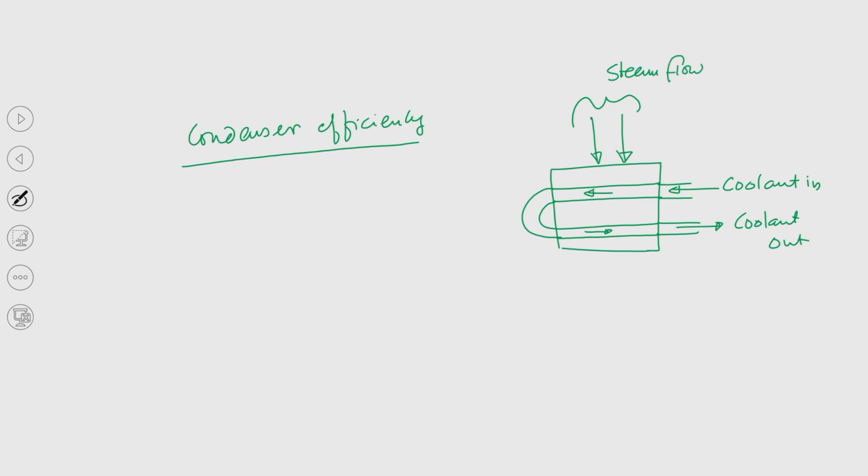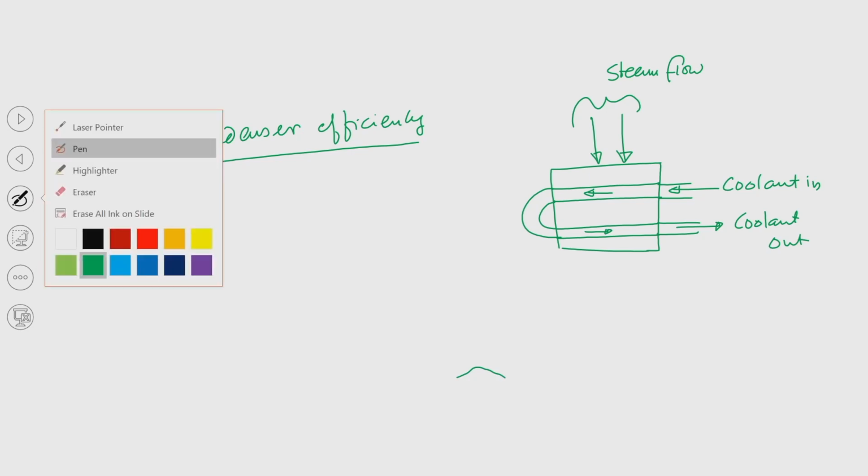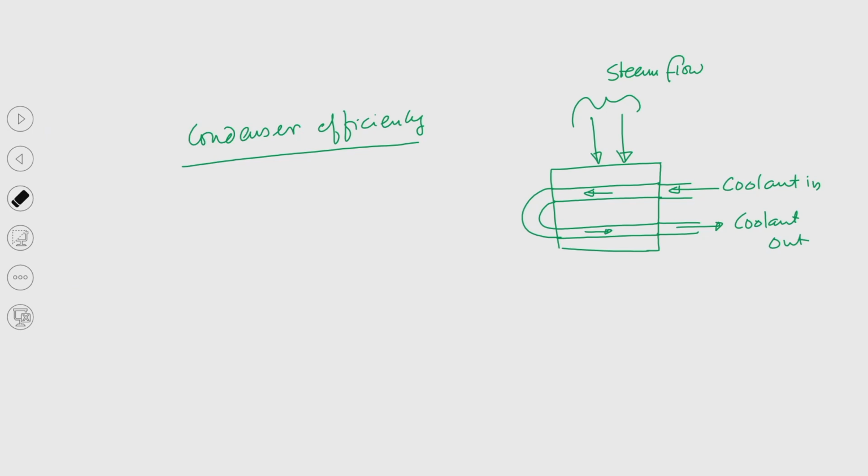So, that is stream flow. Okay. So, now see how can we define the condenser efficiency? Try to understand, the coolant is used to reduce the temperature of the steam. So, in the process of this cooling, temperature of the coolant will increase, that is quite obvious. So, I mean can't we write that in this condenser process, so basically we can write the actual